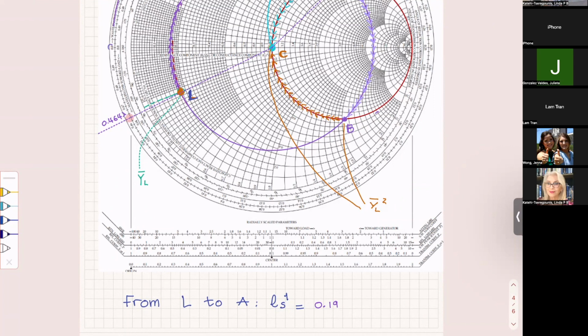So the distance, this is 0.5. So the distance